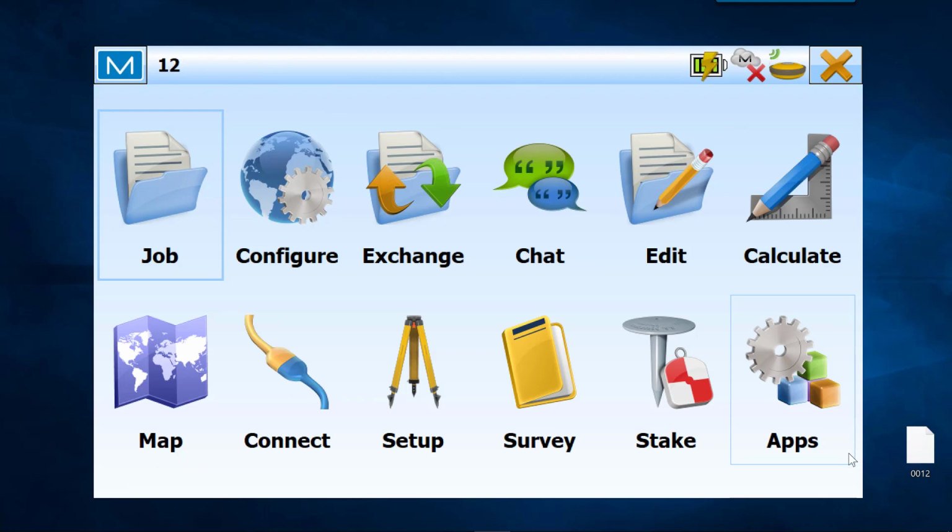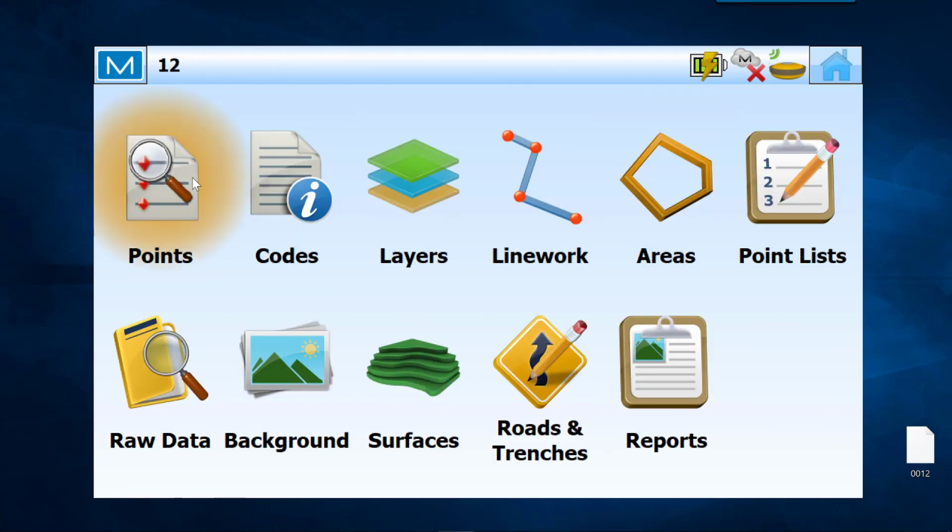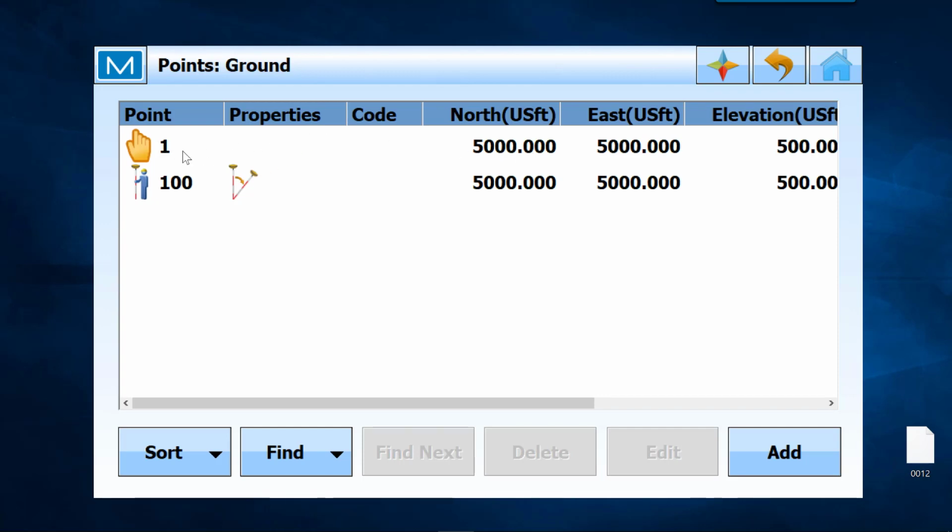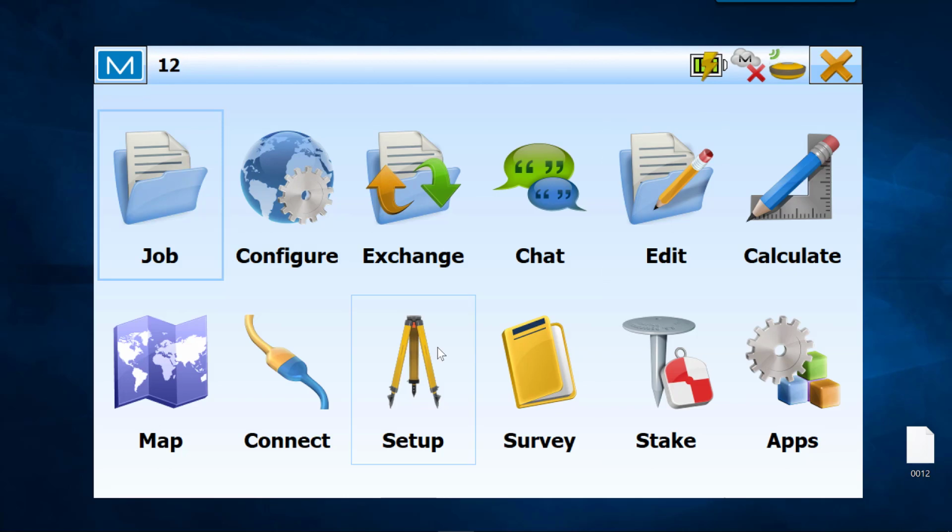Now here in Magnet Field, I have a job created, job number 12. This is Magnet Field version 6.1.2. This particular job, I am connected to a GPS receiver. Under Edit Points, I have one point here that I created, point number 1 at 5,500, and then I measured in a point and localized on it. So this is a one-point localization. And if you're unfamiliar with one-point localization, you can see me do the example in video number 8